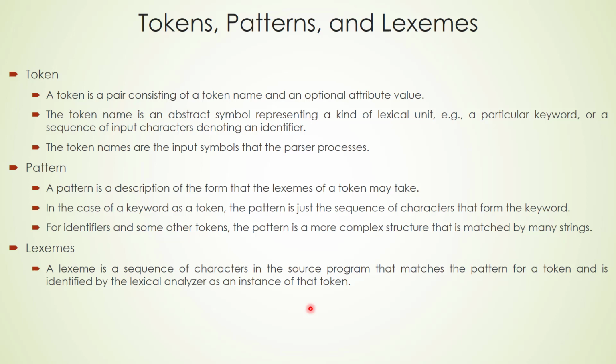So in C program we have 32 keywords. If, else, then, for, enum, return, these are all keywords. So if a particular group of sequence matches these keywords, we can say the lexeme is a keyword. Similarly, for identifier, we all know the rule to make an identifier. It must start with an alphabet or an underscore. After alphabets, we can include numbers also. So a group of strings or group of characters can be generated based on this rule.